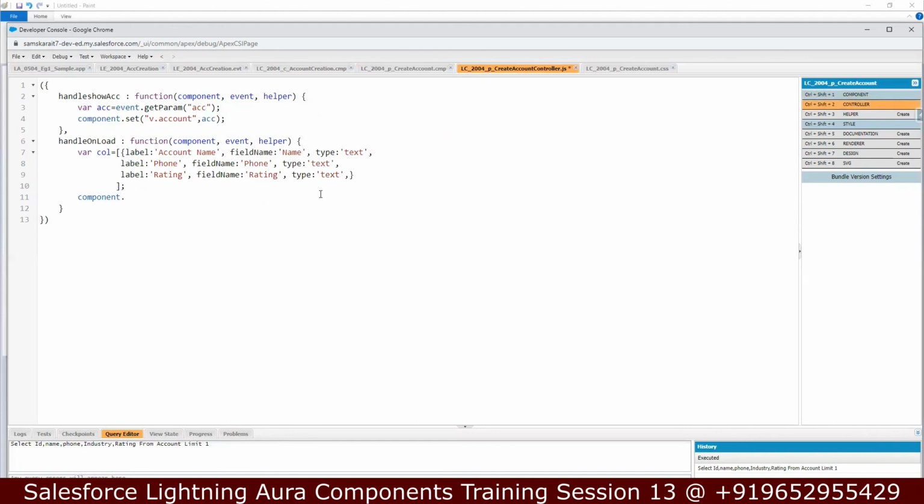component.set v.myAttribute name comma col. Clear? I'm setting the column on the data table. Okay. Now